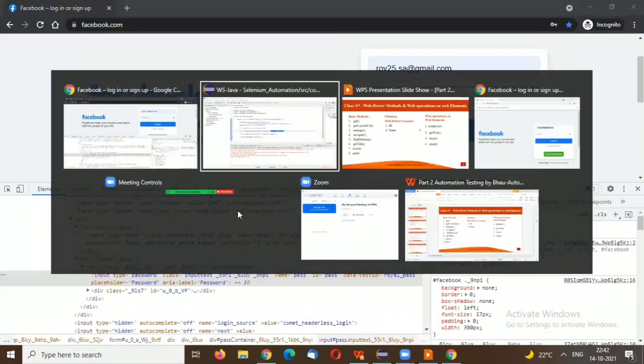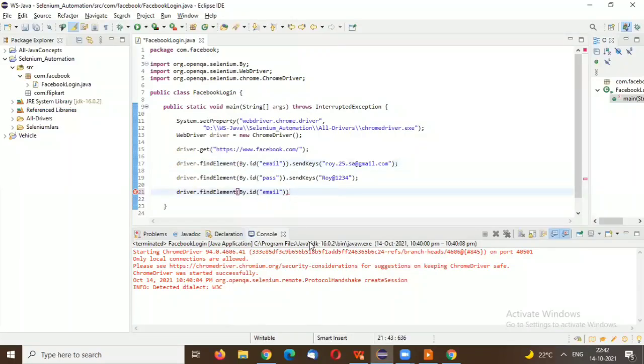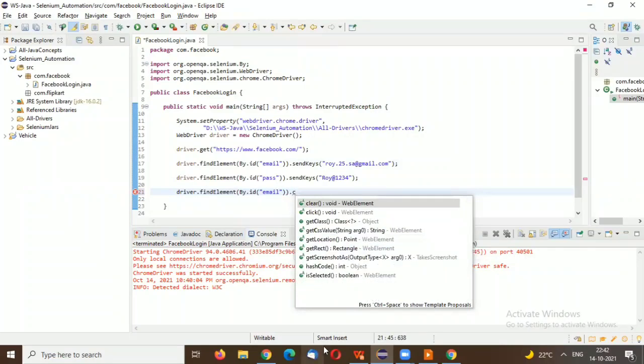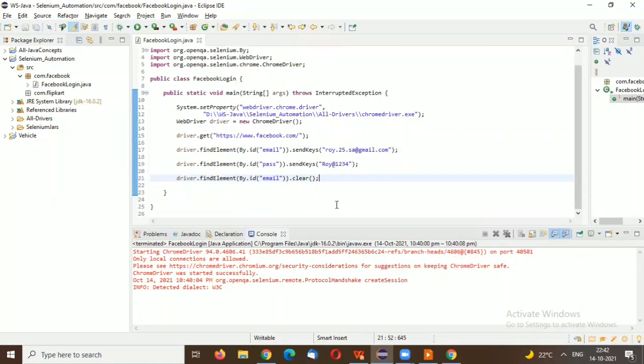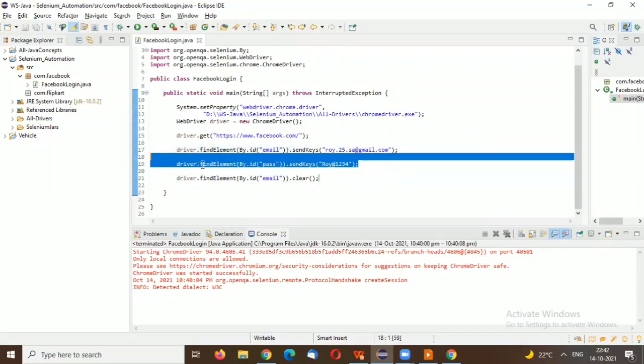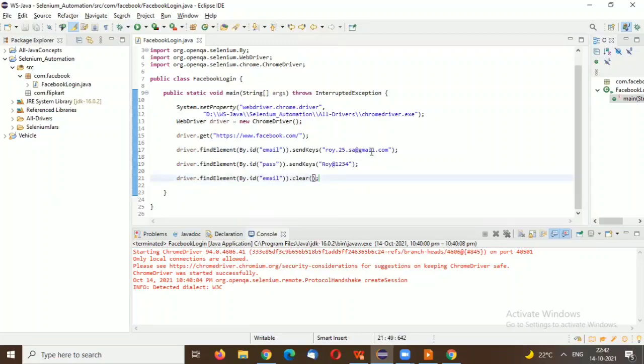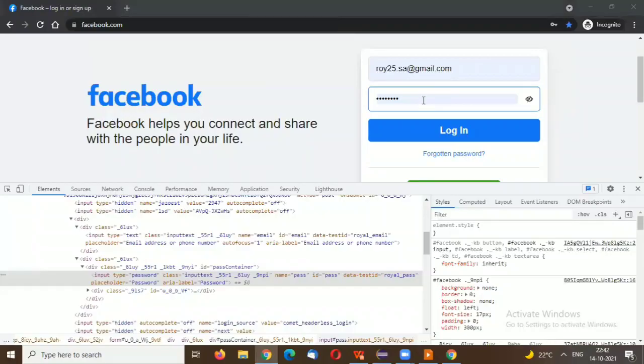To clear those characters, you can use .clear as the method, .clear as a web operation on that web element. On the email ID web element, first of all you find it by the findElement method with ID as email, then we can sendKeys and set the email ID. Then we have set the password in the password field, and through the clear method we just clear this from the email ID text box.